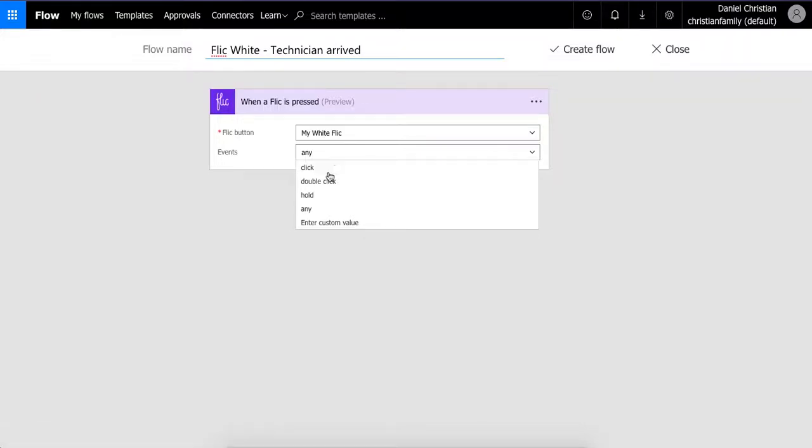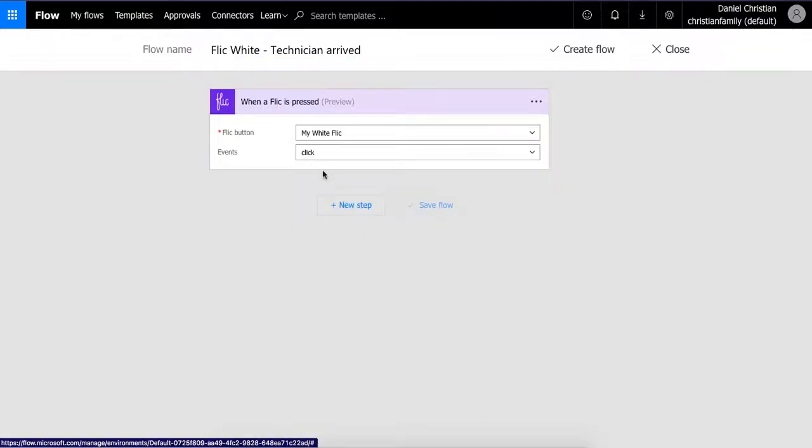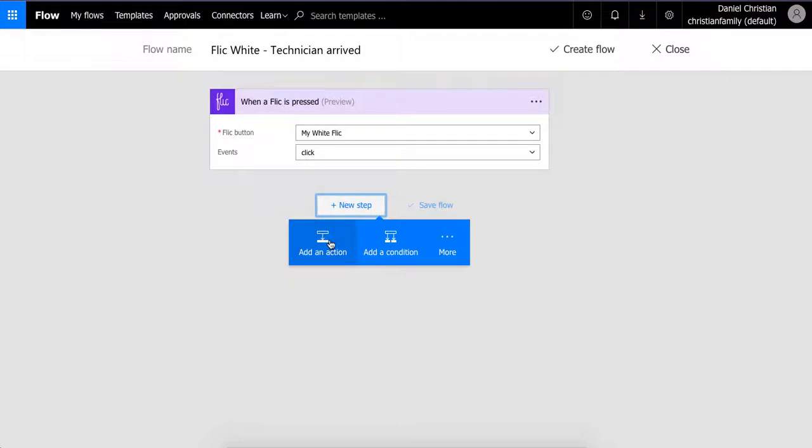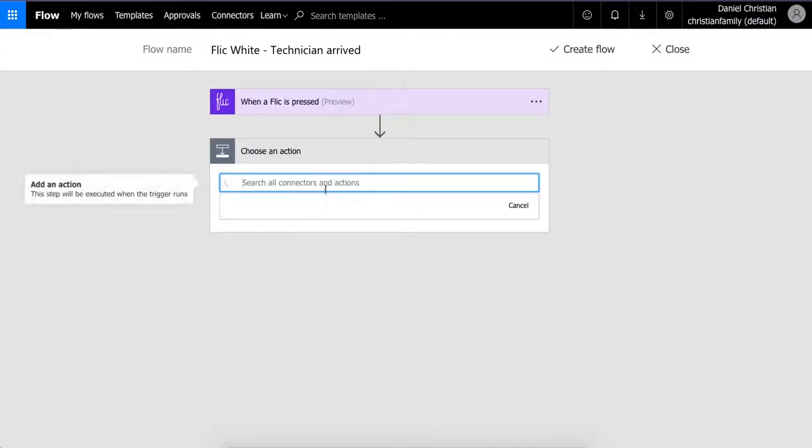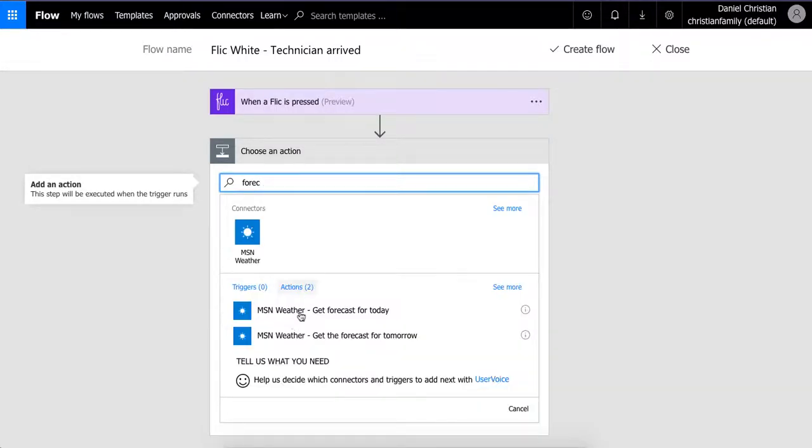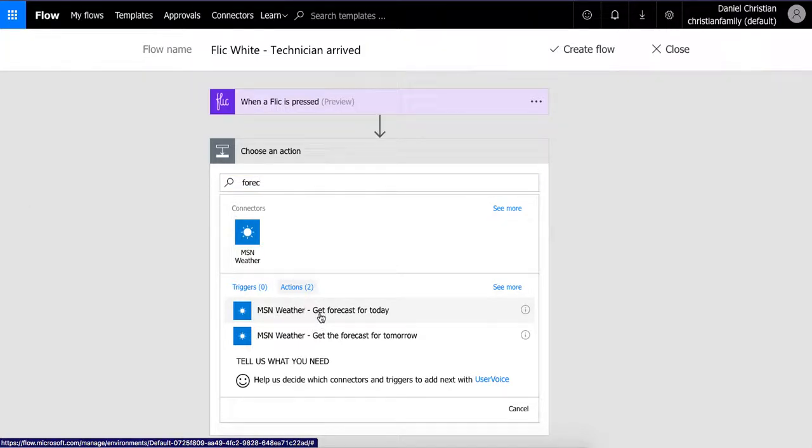Since it arrived, I'm going to use that as a single click, and so that's going to be this action over here. When a Flic button is pressed, I'm using my white Flic button, and this is only when there's one click. Alright, so the next step I want to do is get the forecast. So here I'll just type in "forecast"